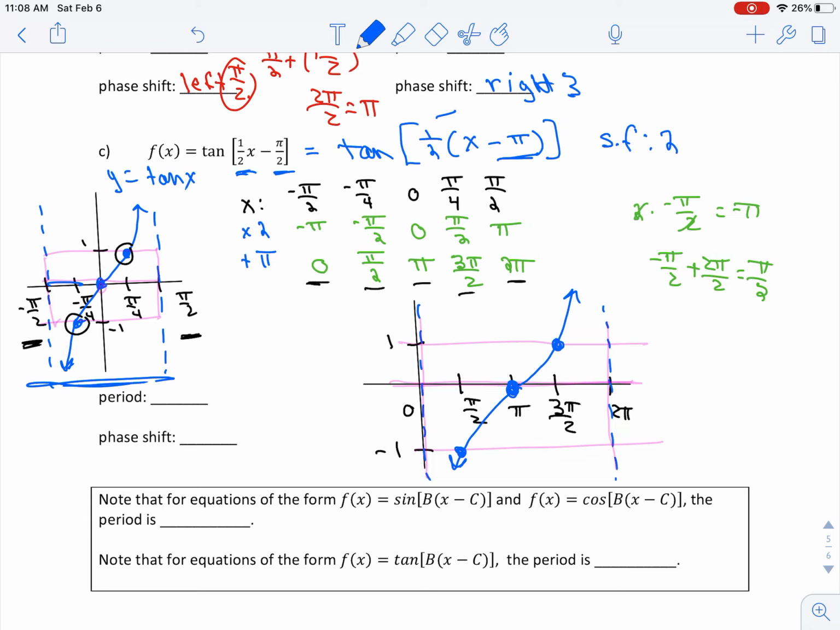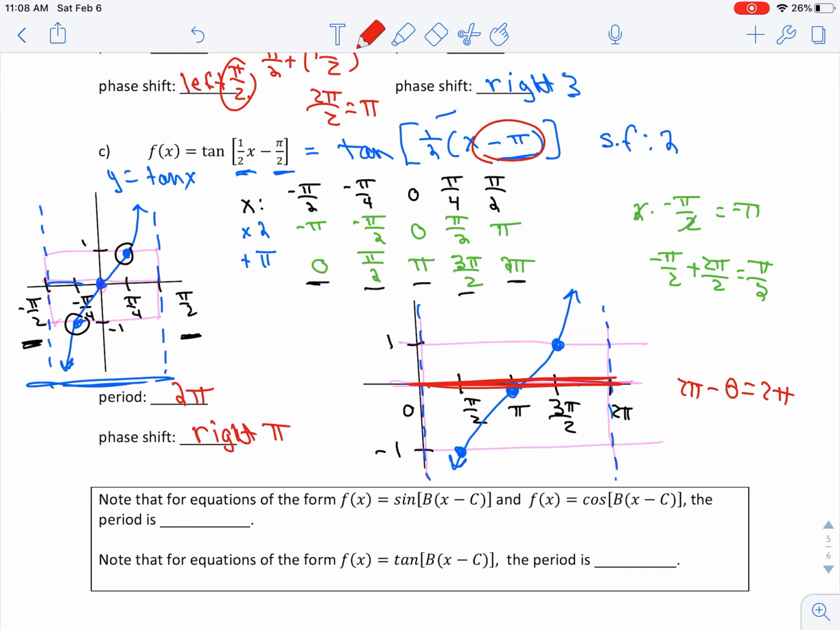So the period of this one, if we look at the total distance it takes to go across one period, is a total of 2 pi. If I do 2 pi minus 0, that's 2 pi. So the period of this one is 2 pi. And then the phase shift we get from right up here, and this is going to be right